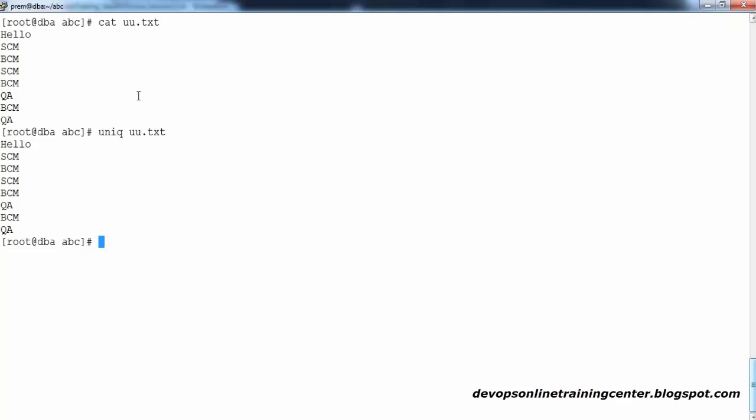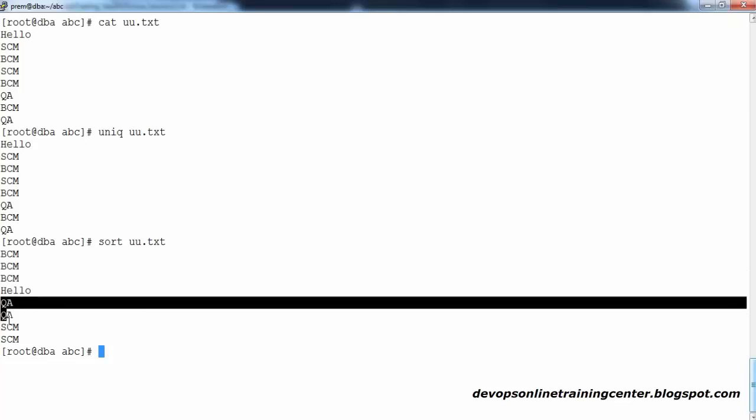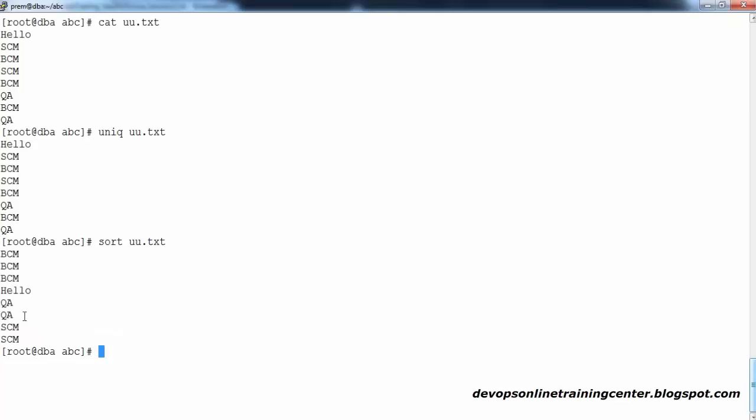Now I have an idea here. By making use of the pipe operator, I can remove the duplicate lines. Because I know a few commands, I can apply them in a smart way to eliminate the duplicates. You remember the sort command which we discussed just now. What exactly will sort do? sort u.txt will sort the entire data and keep it in ascending or descending order. When the data is sorted, can you see things are coming together? DCM, QA, SCM, right? So when things come together, on top of this output I'll do the pipe uniq. Now look at this, it is eliminating the duplicates. So this is how you need to apply the commands. This is one of the good use cases.